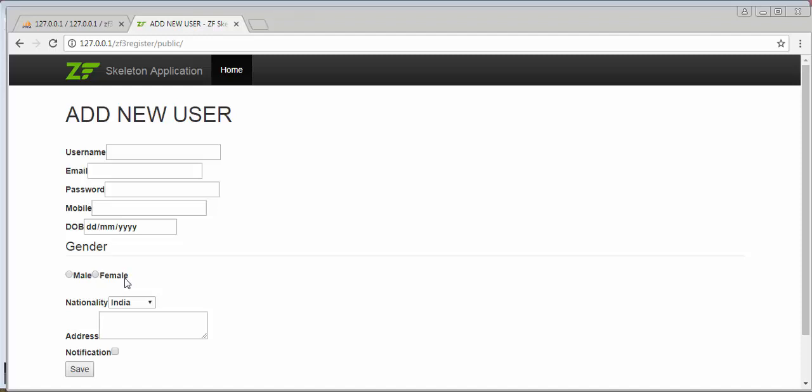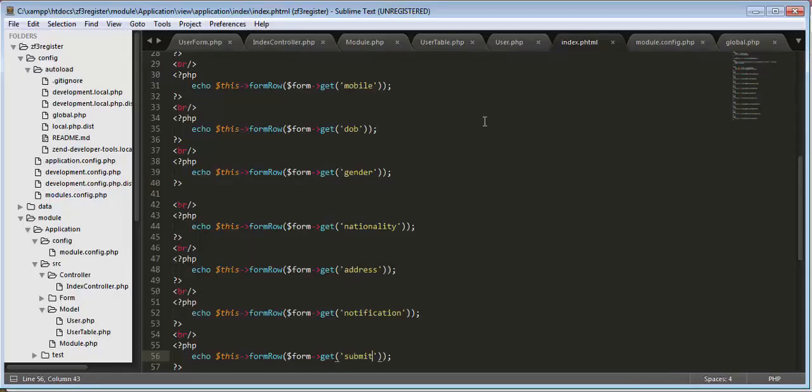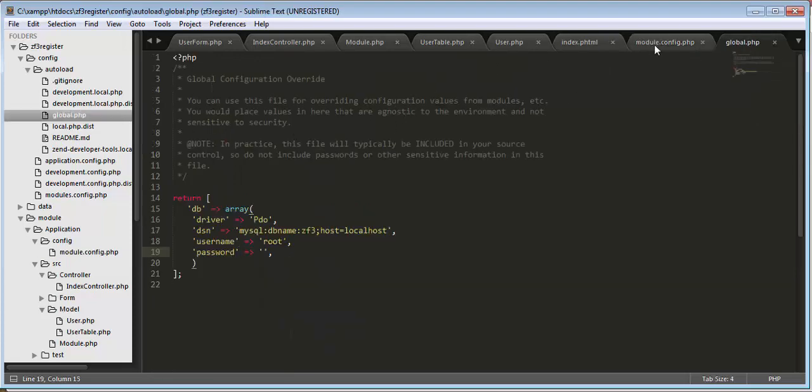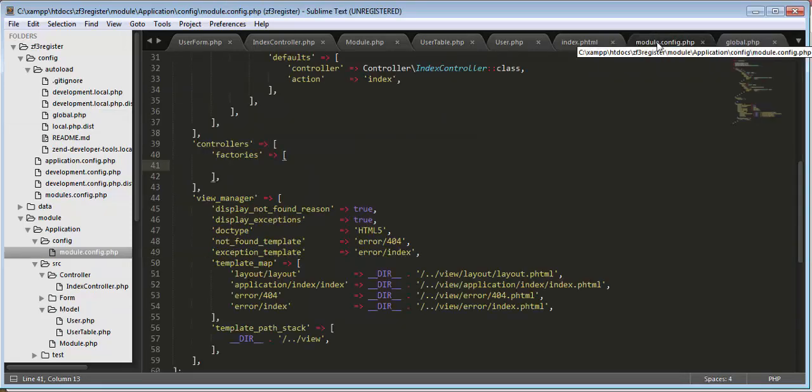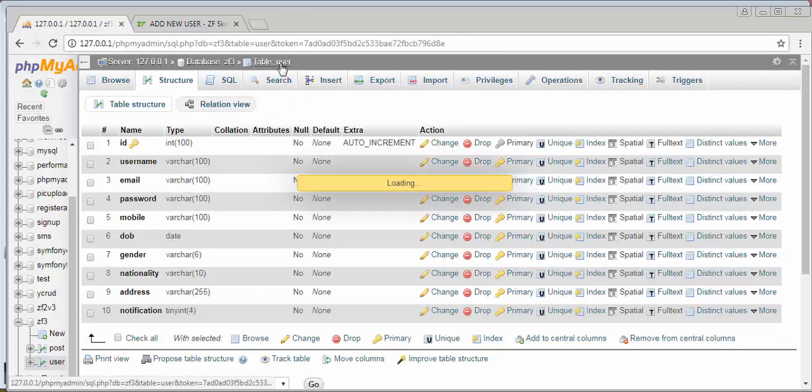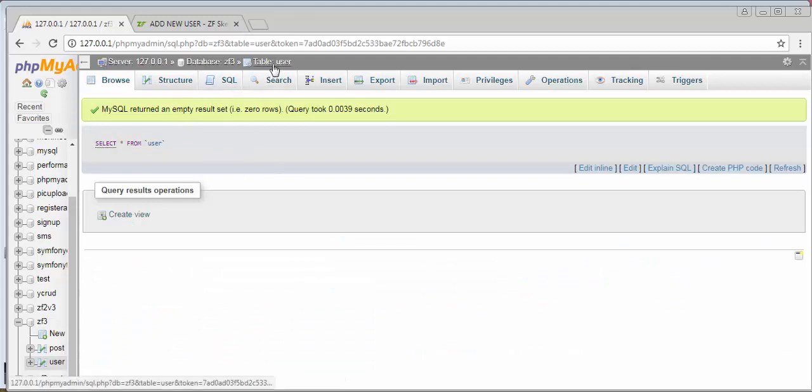See, I get an error because I haven't mentioned the email in the right format. Okay, at gmail.com. Again I will get an error if I try to submit or save the record, because I haven't created my add action. See, I haven't created that add action inside our application module. So now here, inside this user form,